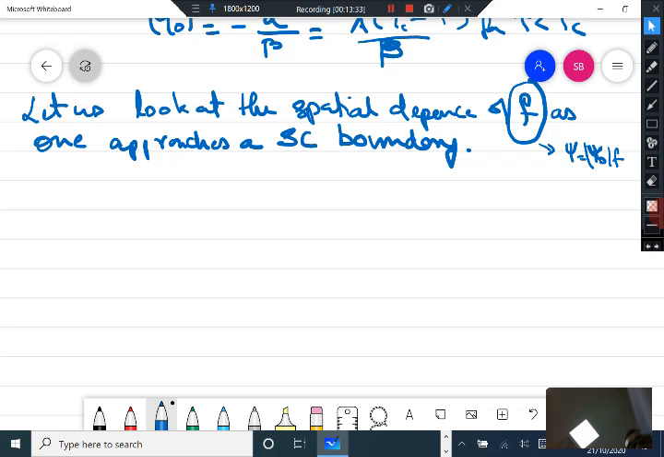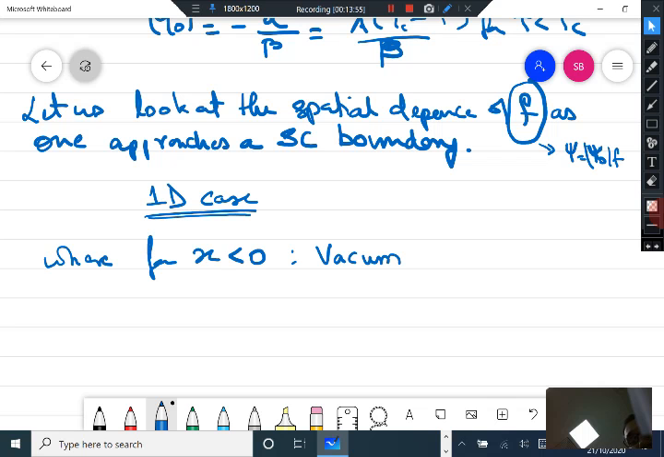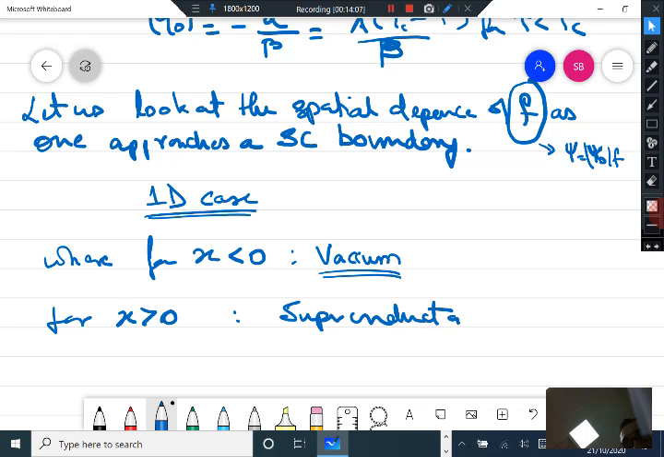F contains all the spatial dependence of the order parameter psi. So let us look at how it is going to behave as one approaches a superconducting boundary. So let us consider a 1D case where for x less than 0, one has only vacuum, and for x greater than 0, one has the superconductor,